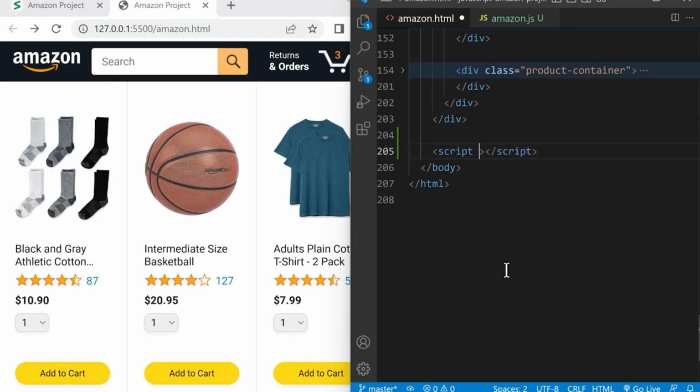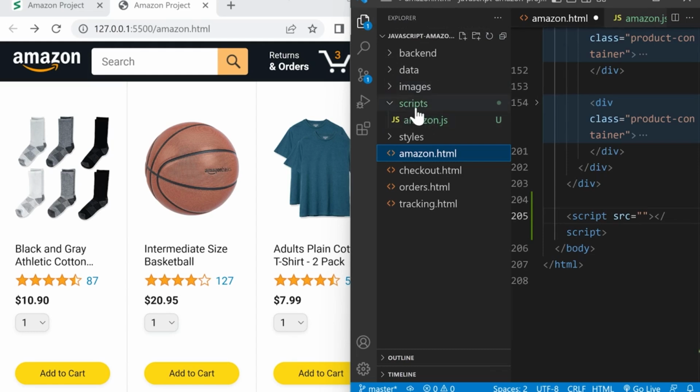And we're going to give this element an attribute src, or source, equals double quotes, and we're going to load this JavaScript file. This JavaScript file is in a folder called scripts. So here, we're going to type the folder name scripts and then a / to go into the folder, and we'll load the file